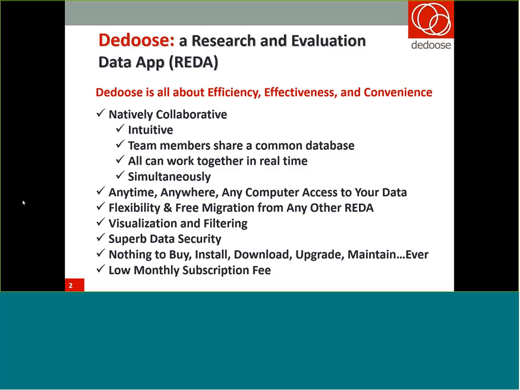And we do a lot of collaborative work. We work with teams that are geographically distributed. We're training people that are in different places. And when we have teams of researchers working together, we need